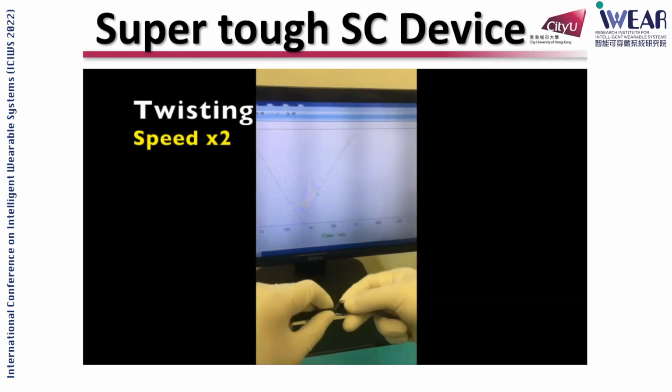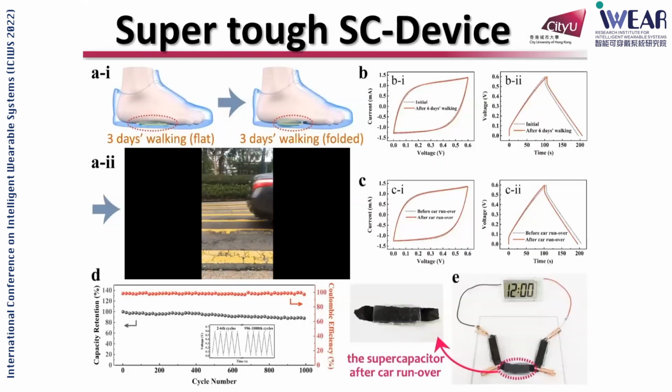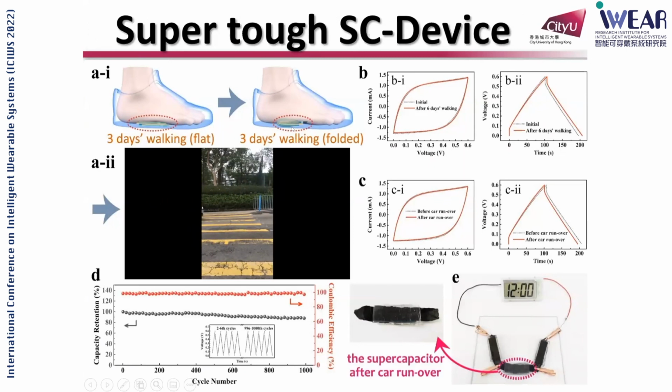But this is simple, passive. This is not that difficult. And you can even put the piece of device on foot, step on it for 3 days, then for another 3 days, put it on the road with a car to run over. Then you still have the overlapping charge-discharge curve and CV curves. You can still use it to power something. I don't feel this one will be very useful, but the super tough device concept will be good. We also apply this to